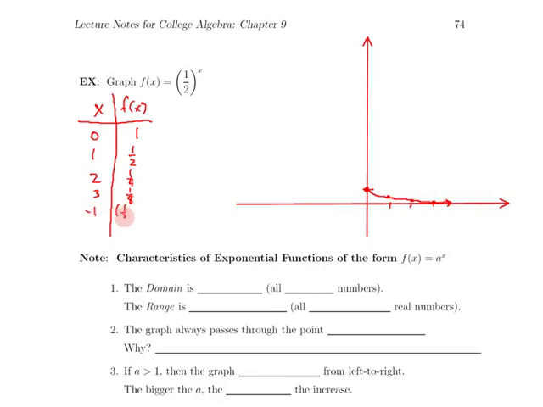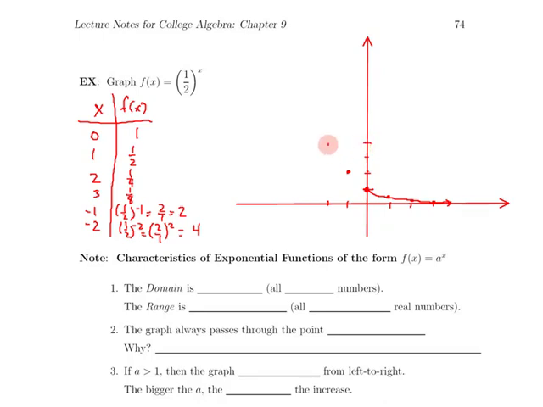Well, 1/2 to the -1 is the same thing as 2 over 1 to the first power, or 2. The negative exponent means to flip the fraction. So at -1, I'm at a height of 2. Now what do you suppose happens if I plug in -2? Well, you're going to get 1/2 to the -2, which is 2 over 1 to the second, or 4. So I go over 2, I'm at a height of